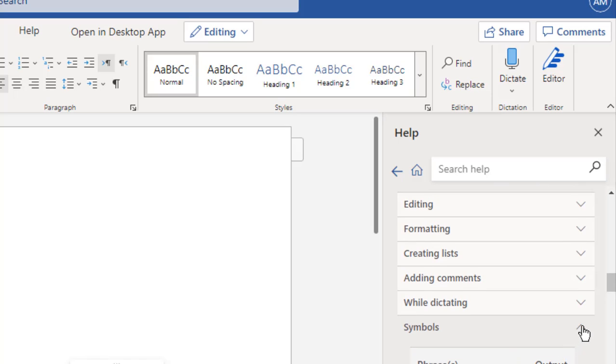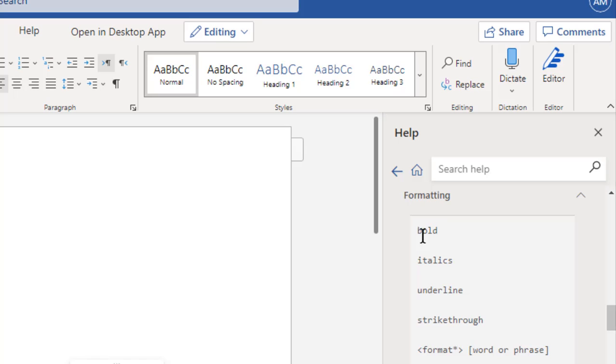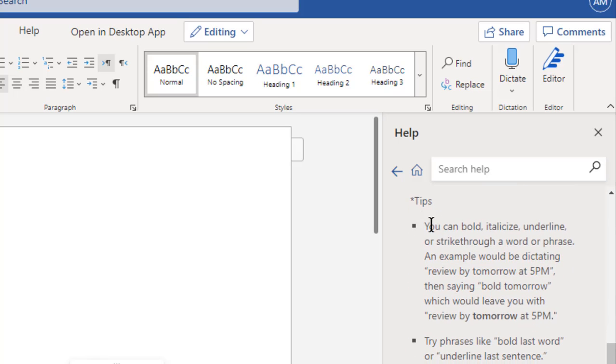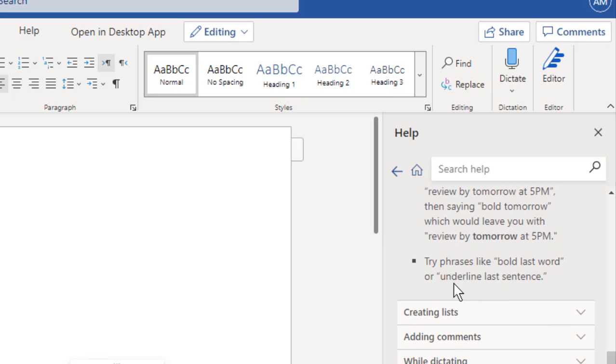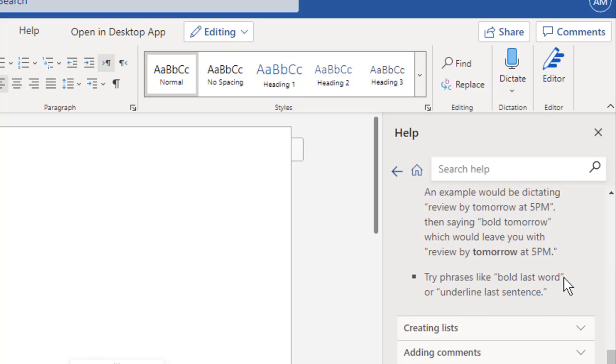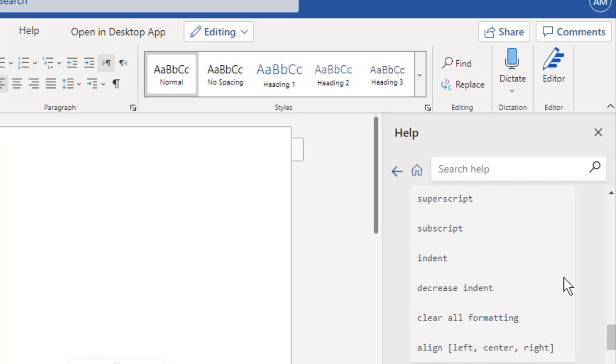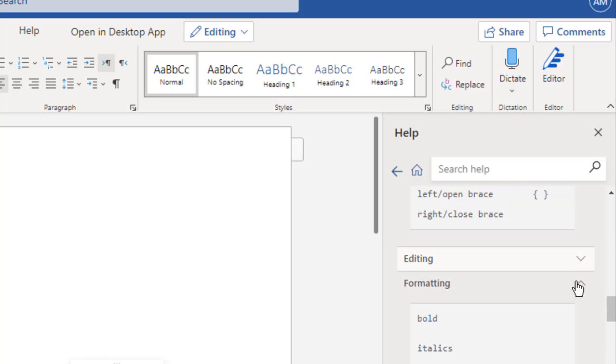Once you get involved into sort of advanced usage, you can use voice commands to add formatting to the document as well. So the example it gives here, you can bold, italicize, underline. So say we were dictating review by tomorrow at 5 p.m. and then if we say bold tomorrow, it would then bold that individual word in that sentence. And you can try commands like bold last word or underline last sentence, but we're probably getting into more advanced usage. Probably best to get used to just some of the basics in the first instance,